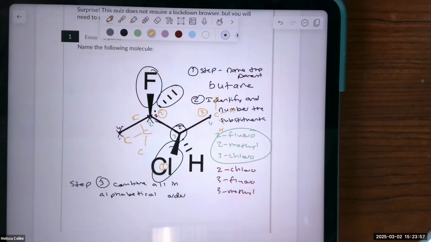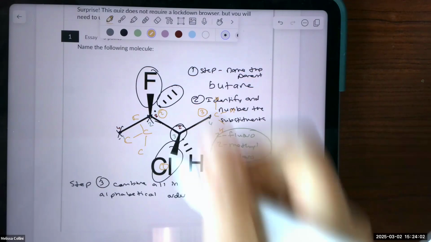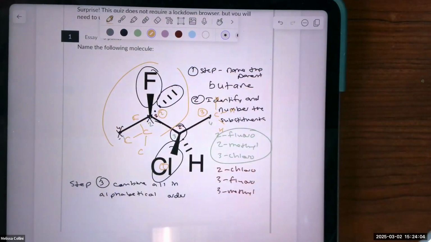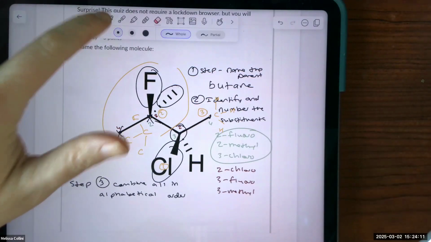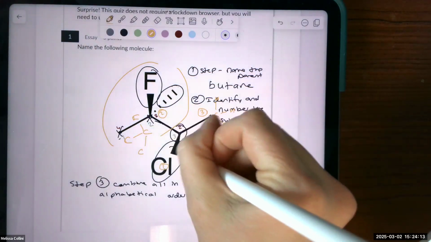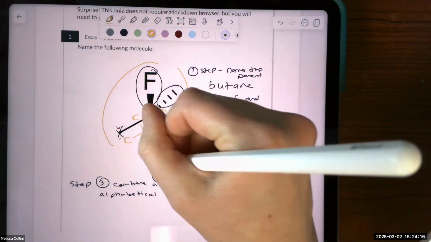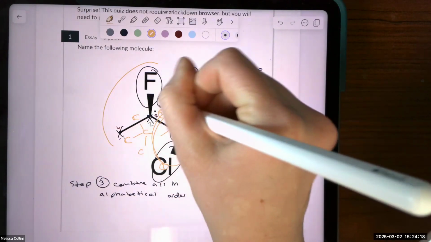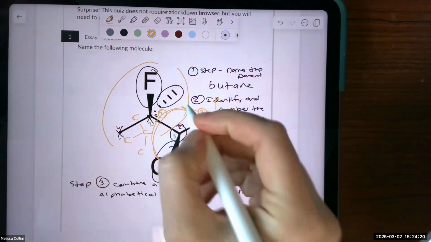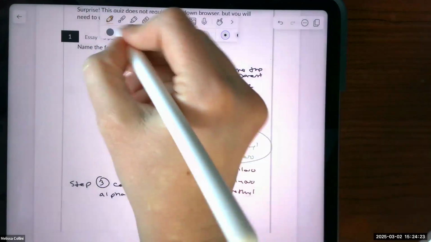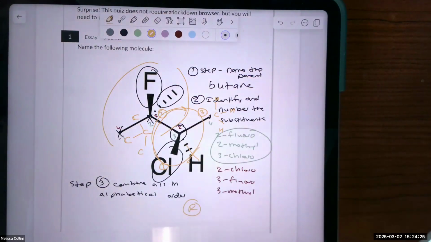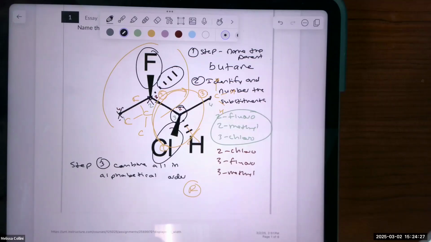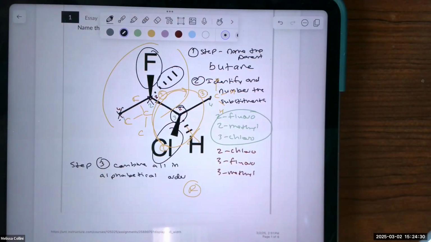Oftentimes students don't think about all of that because they are like, oh, this whole group is heavier. And that's not the right reason. You're only looking at the first point of difference. So make sure that if you got that right, you got that right for the right reasons. The hydrogen's already pointing back, so we don't have to worry about it. And we can just connect these 1, 2, 3, and that is going clockwise. So I would say this is R. So the proper name for this is R-3-chloro-2-fluoro-